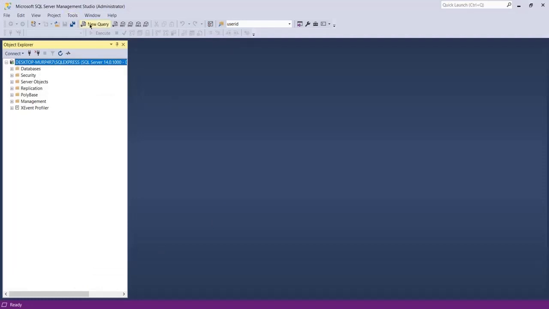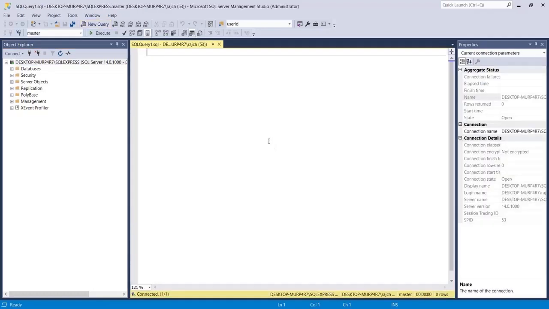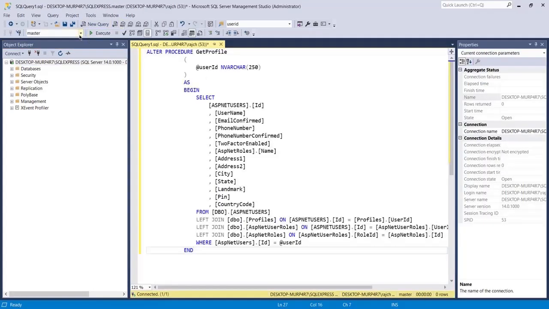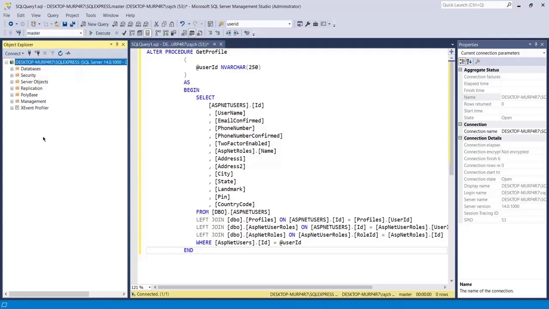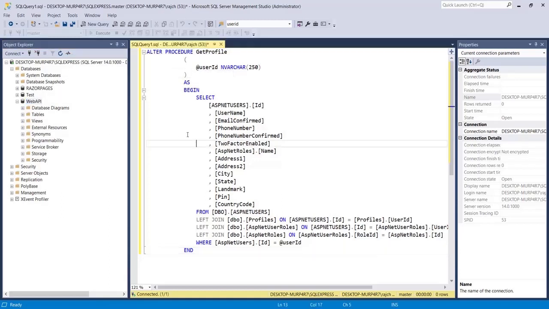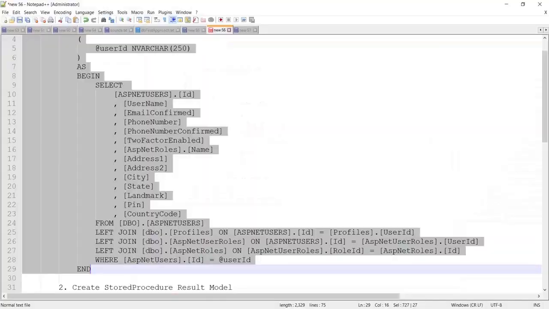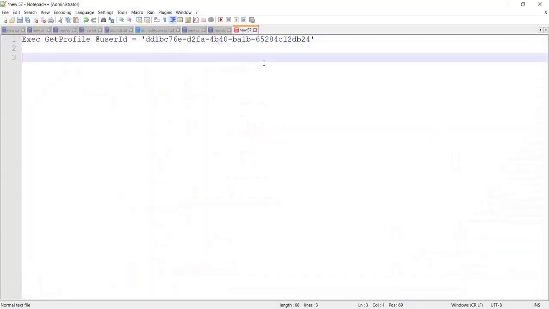Let me open a new query window and paste it here, and also change the database. Just a minute, let me expand it. Yes, this is the web API database. Okay, and I am going to execute this procedure. You can see it's executed successfully, and now I will call this procedure